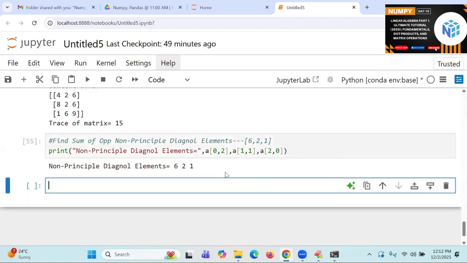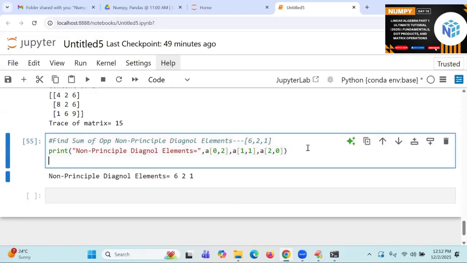Are you getting it or not? 6, 2, 1. How do you find the sum? Here I will write the sum of non-principal diagonal elements is equal to